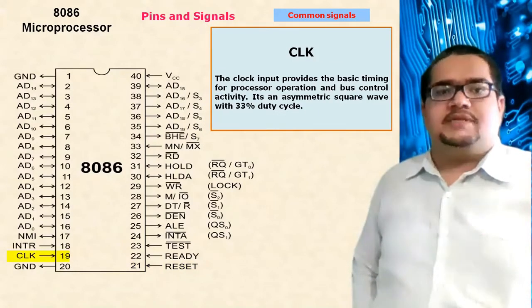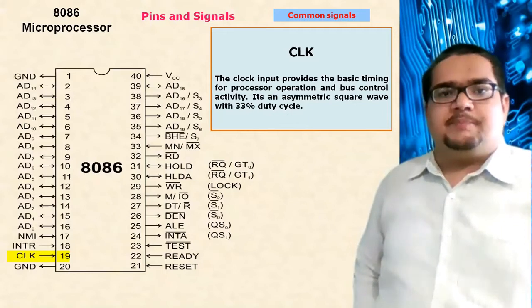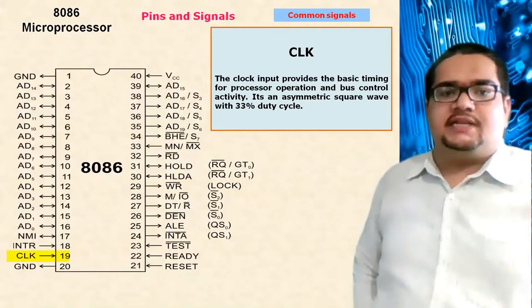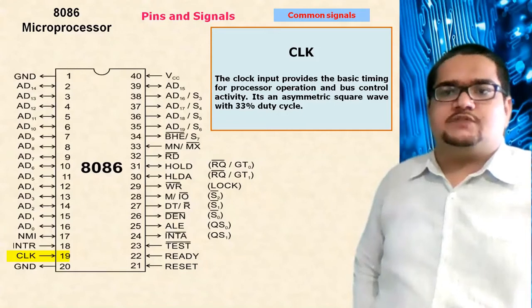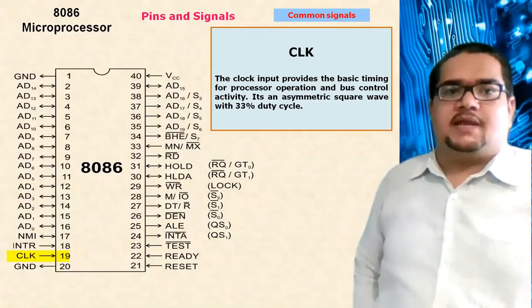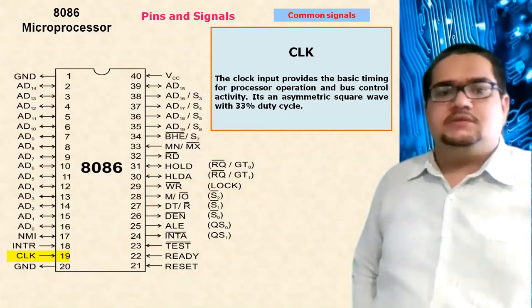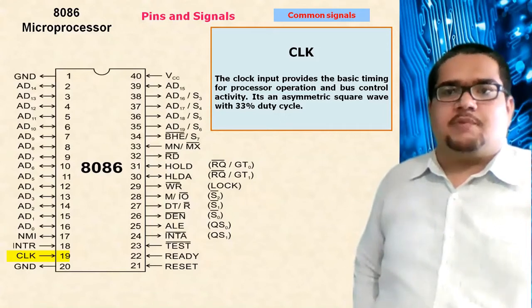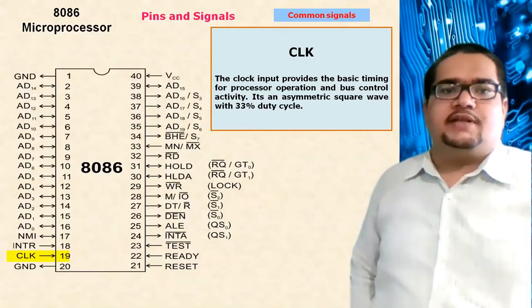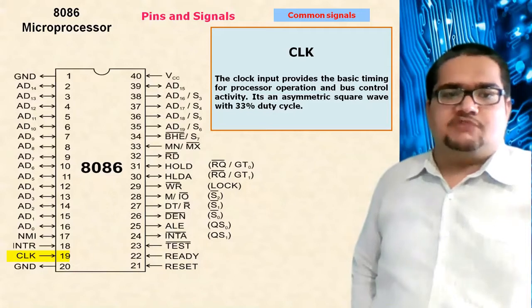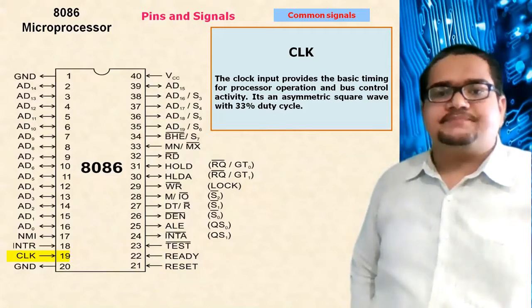Okay, so obviously I did not touch pin number 40, pin number 1 and pin number 20, as they are very obvious. Pin number 40 is VCC. Here you have to give a 5 volts supply. Pin number 1 and 20 are the ground. So your general power supply will be between pin number 40 and 1, and automatically 20 will be another ground provision available.